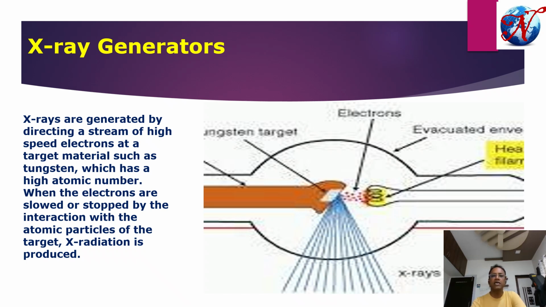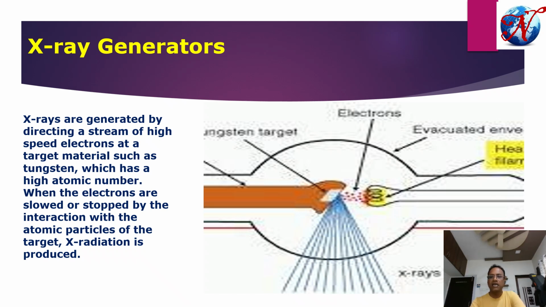So if we use a target at the positive terminal, and a potential difference is created between the cathode and anode, the positive and negative terminals, due to this potential difference this electron cloud will be accelerated and attracted toward the target. Here we are using another target that is also made of tungsten, and when these electrons are